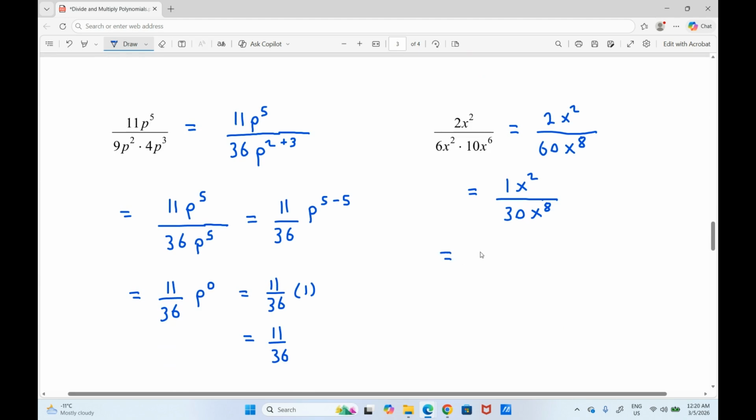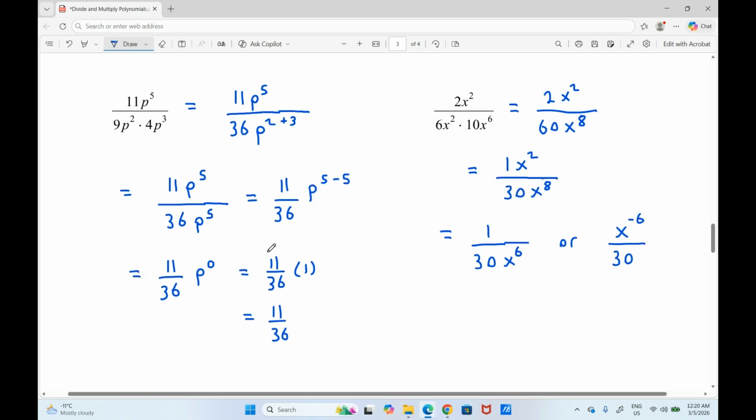This can either be 1 divided by 30 times x to the exponent of 6 on the bottom, or I can say this is x to the exponent of negative 6 divided by 30. Okay,